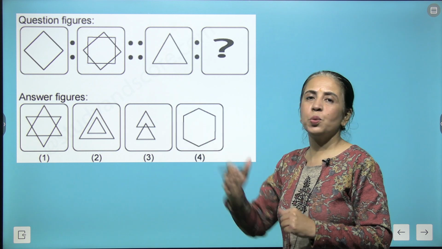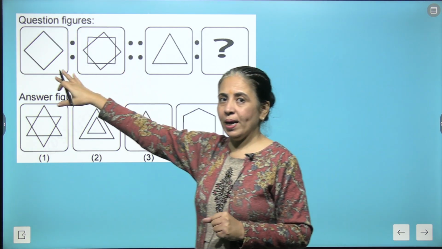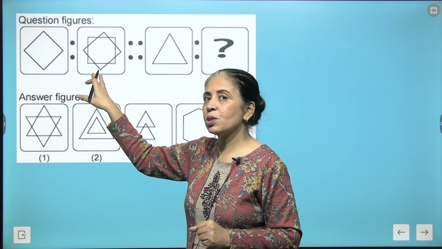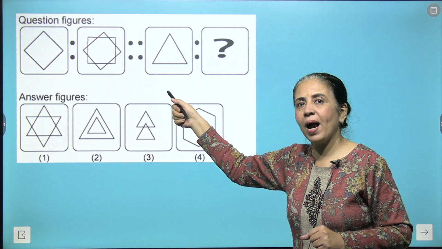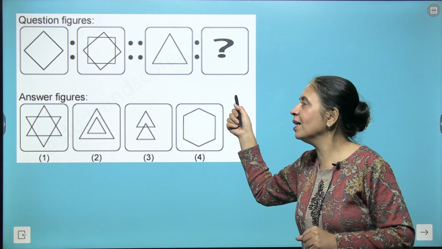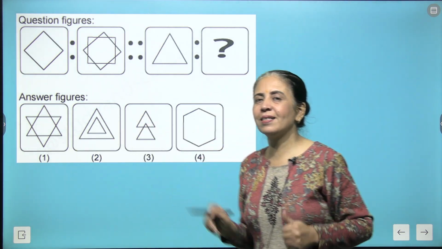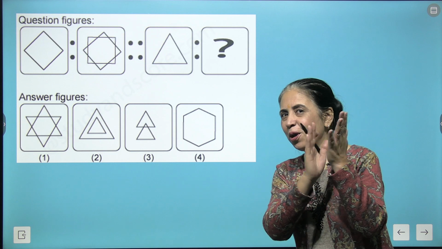We move ahead with more figures. So can you find the relation? Square related to square inside the square. Now here we have a triangle. Can you find the next solution? Beautiful. The first one is the right answer. Time to clap for you.